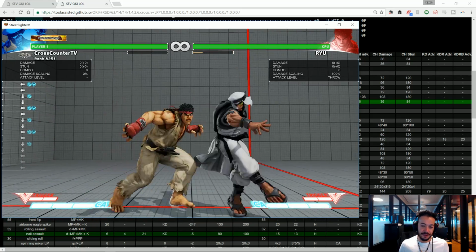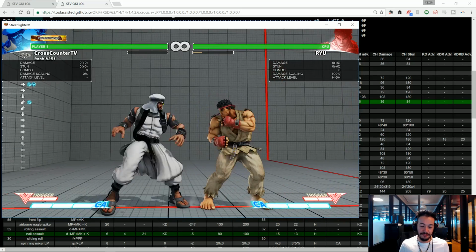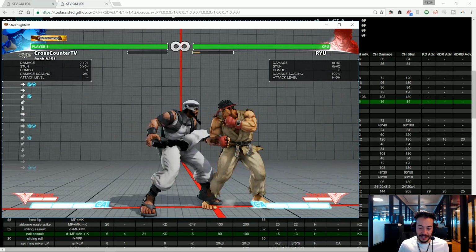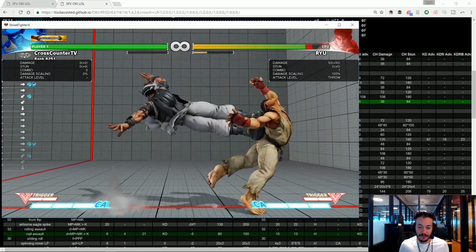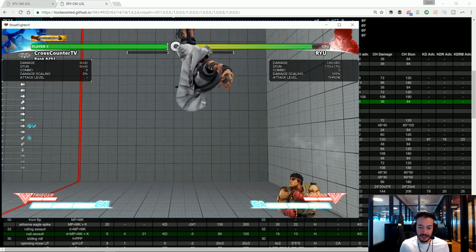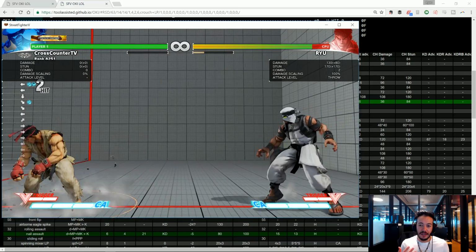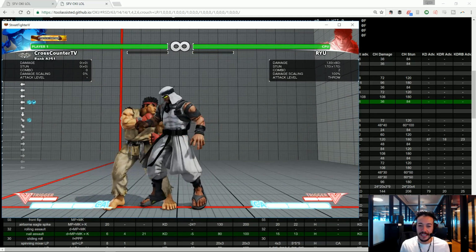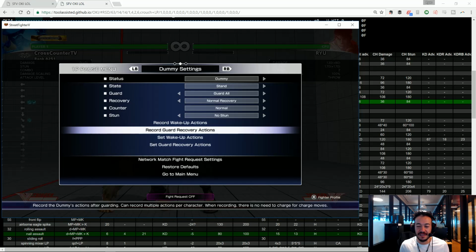And then it looks like if we do low jab and then go into throw, if we do it too fast, then because the jabs are chainable, he gets standing jab. So we actually have to wait a moment before hitting the throw. So now what we can do is essentially recreate the situation and then figure out if this is a